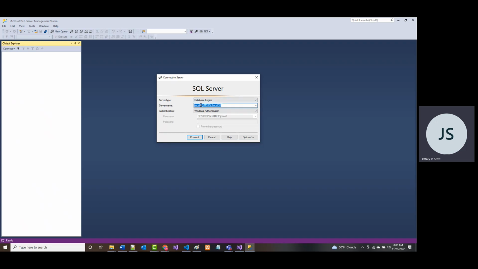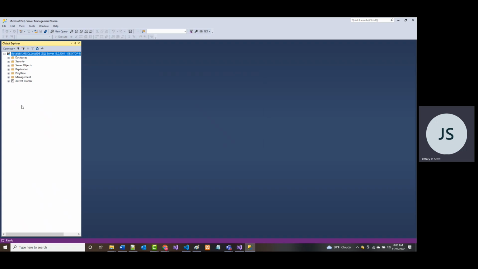It may be exactly like this, or it may look different. Now, your username that's down here, of course, is going to be different, because yours isn't going to be desktop with JP Scott on it, probably. But once you've done that and you connect, then you should be able to get in here.